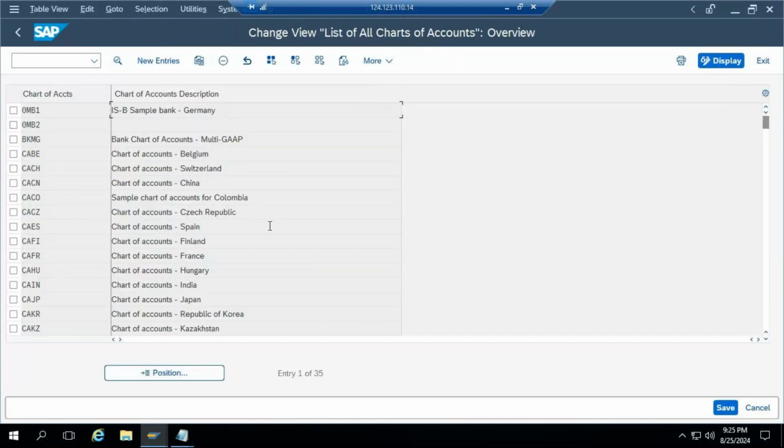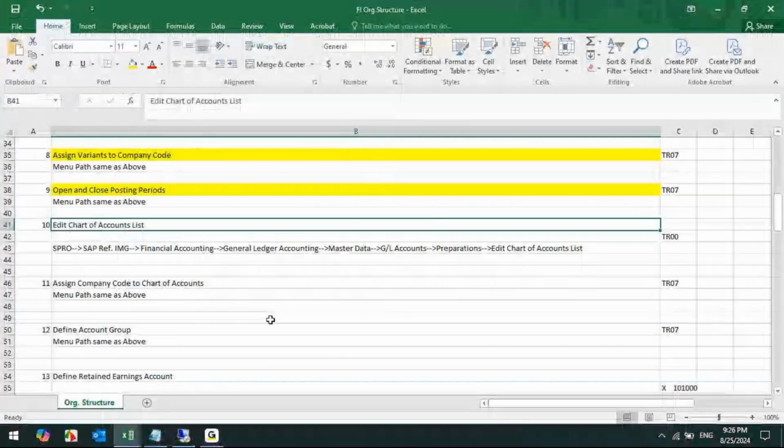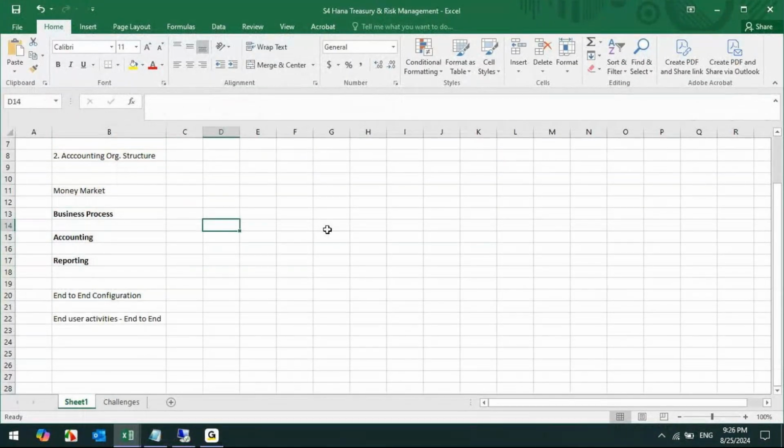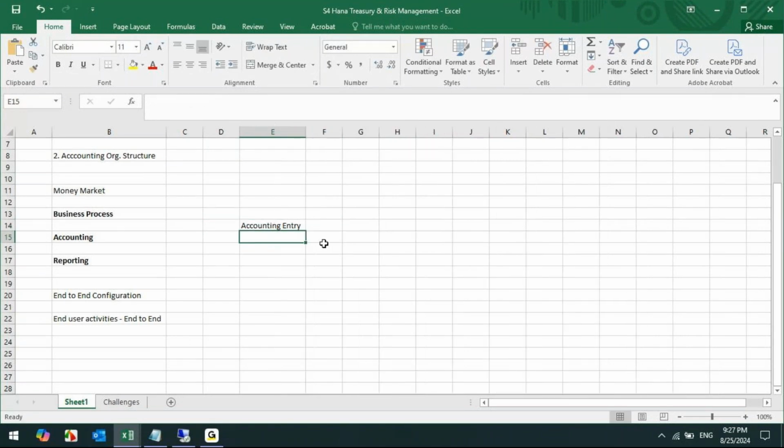Now what is chart of account? Normally, I don't know whether you have worked previously on any accounting software. Let's say if you wanted to do any sort of posting into the accounting, let's say I wanted to post an accounting entry. How would my accounting entry be? Let's say I would say my general